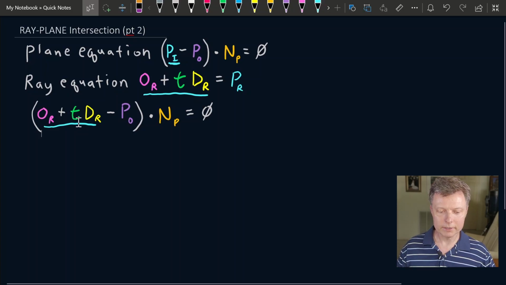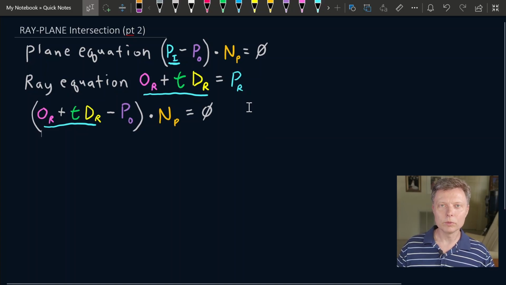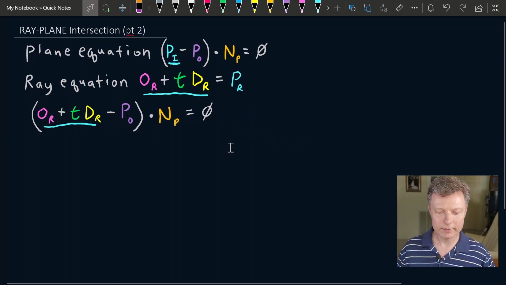If we can find a t value like that that satisfies this entire equation and it equals 0 at the end, then we'll have found our point of intersection. So now our job as algebraists is to get t by itself on one side of the equation and then solve for t. Now, one thing I should mention before we move on for solving for t is that